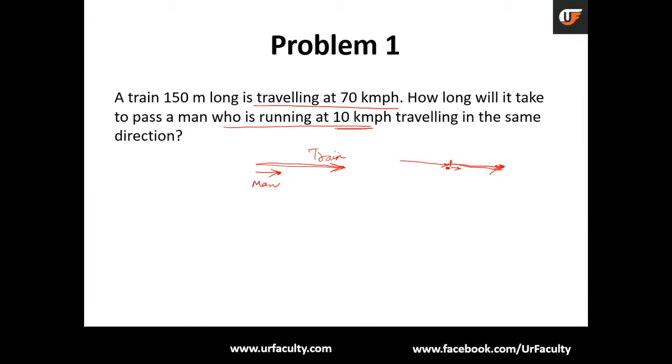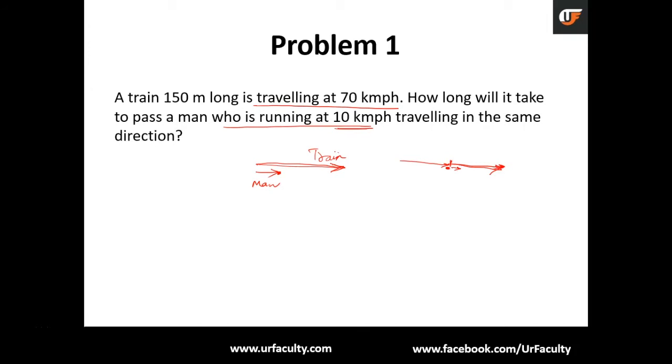So if that is the case, the distance here is basically the length of the train. So please remember this for most of these relative problems where there's a comparison between a moving object and a smaller object. The smaller object, which could be a man or a point or a pole, the length of the train will always be the distance. Okay, so the problem is pretty simple. I will not take as much time as I used for explaining.